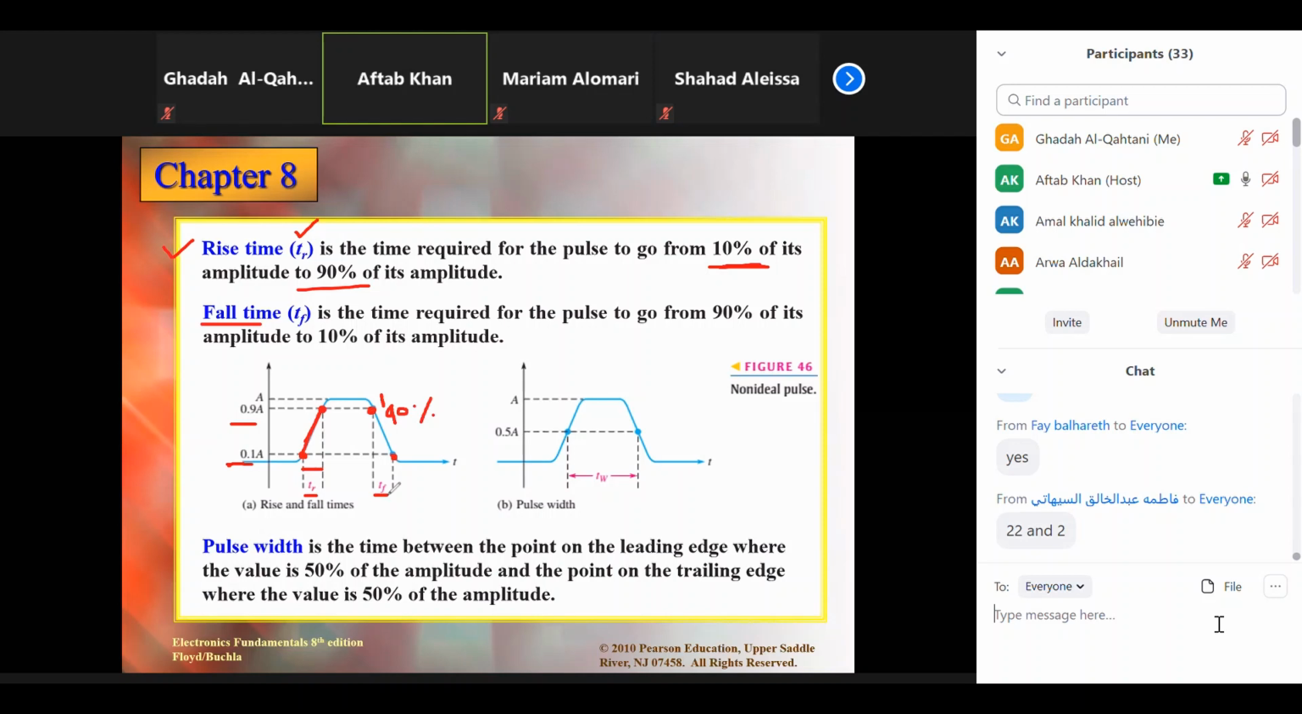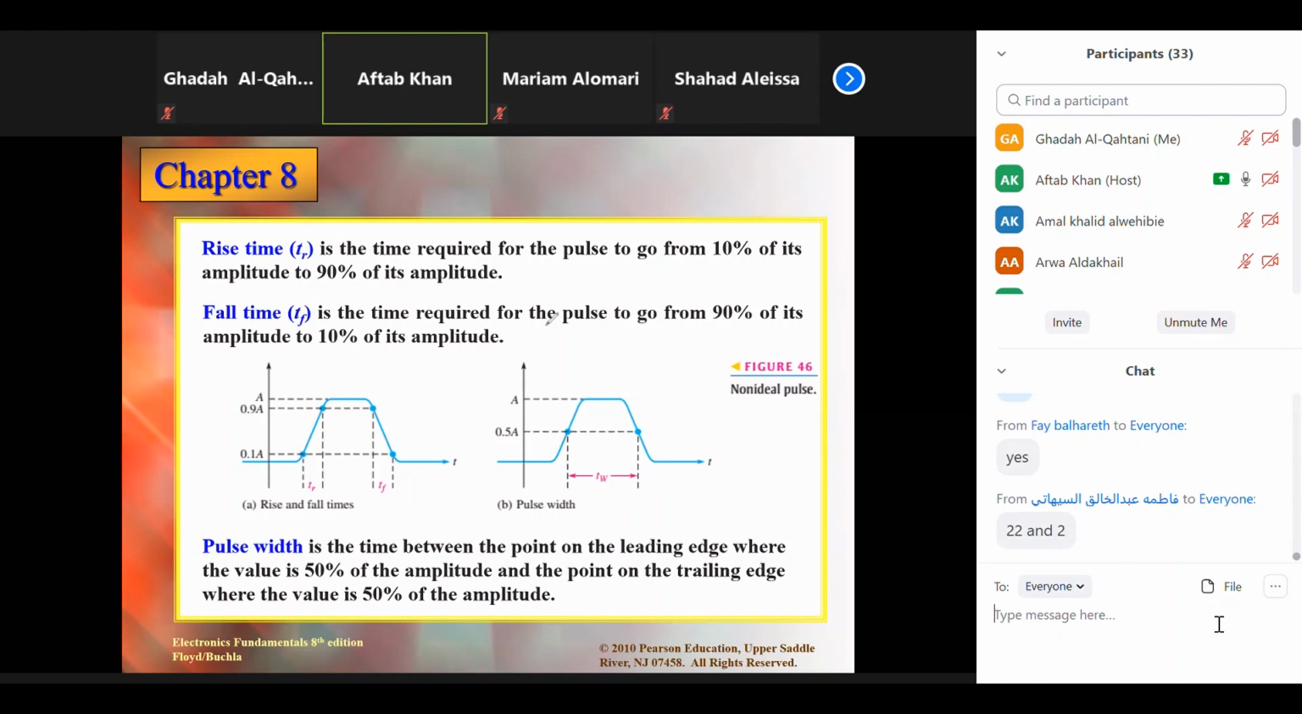Okay, now the third thing is pulse width. What is pulse width? Pulse width is always measured at the leading edge and trailing edge where its value is 50%, that is 0.5 A. So this is called the pulse width. You can see it is the time between the point on the leading edge where the value is 50% of the amplitude, and the point on the trailing edge where the value is 50% of the amplitude. So three definitions for the